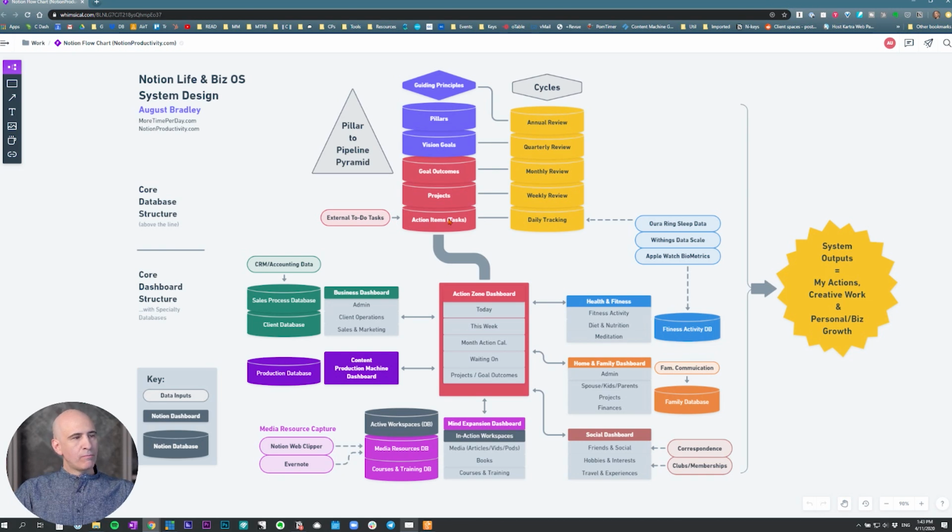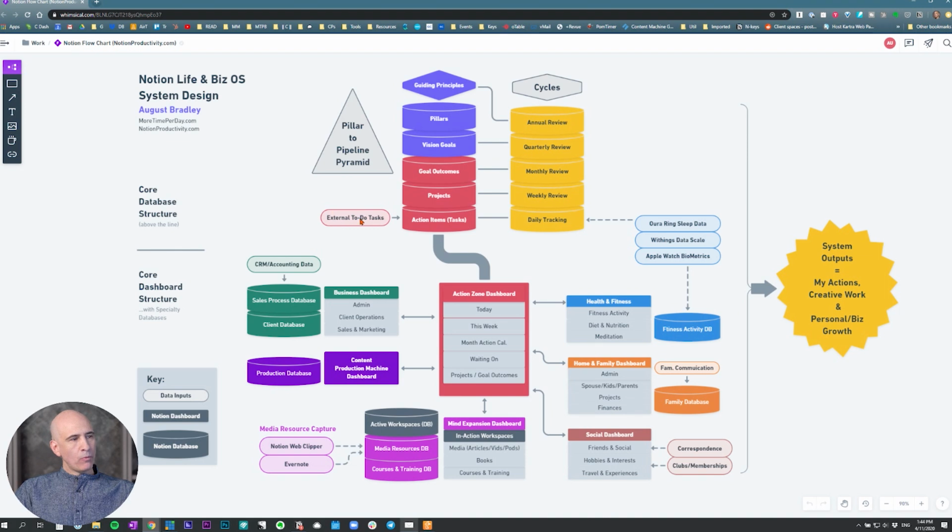So the tasks that are being created from projects, those are being created from within the system because the projects database is part of the system. But there are some tasks that are not fueling projects or not delivering on projects. They're just to-do items that need to get done, and you're just entering those on the fly, either on your mobile phone or wherever, or in the computer, but you're entering them as one-offs. They're not dependent on this core stack of project and goal databases.